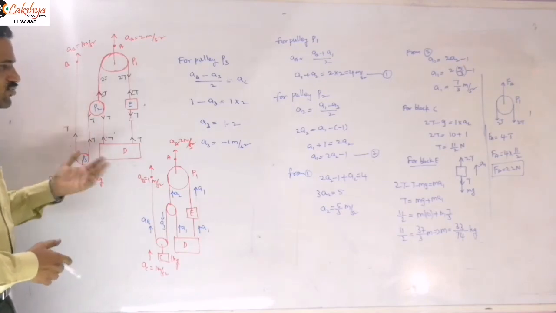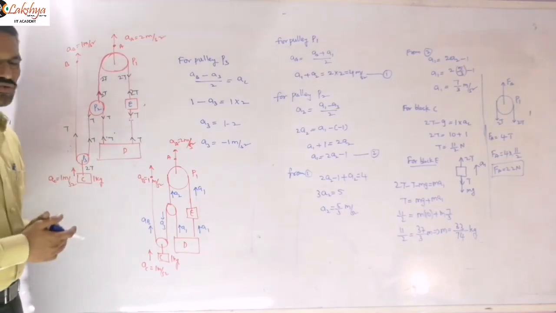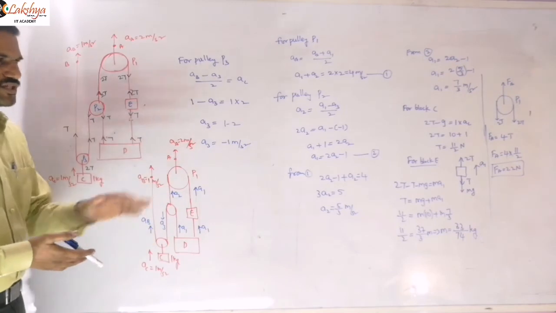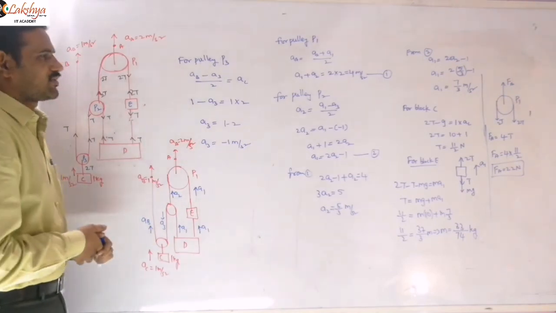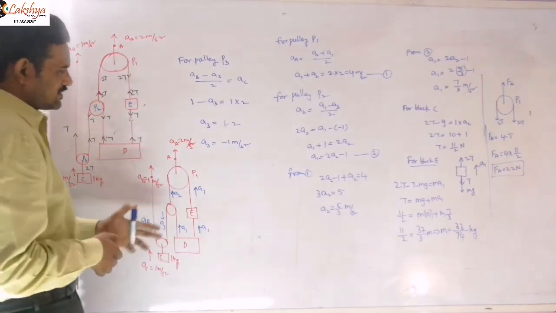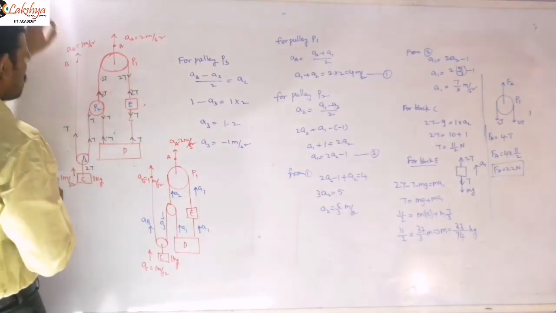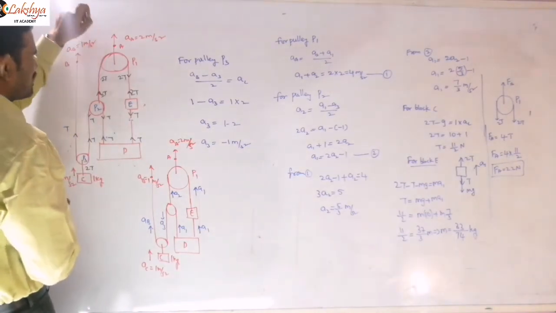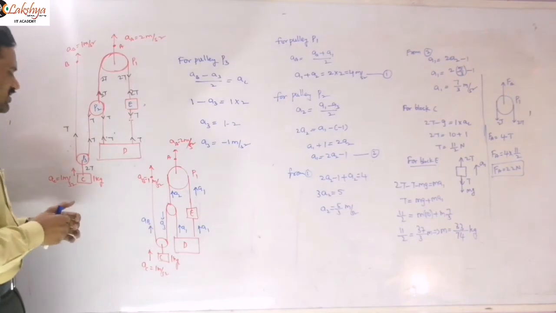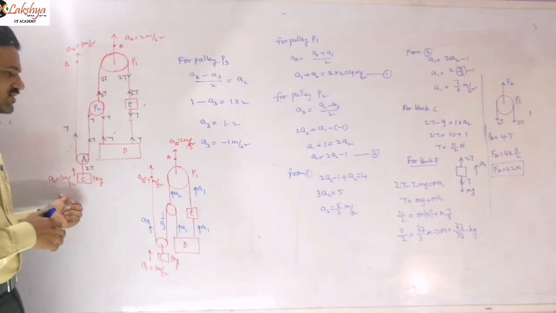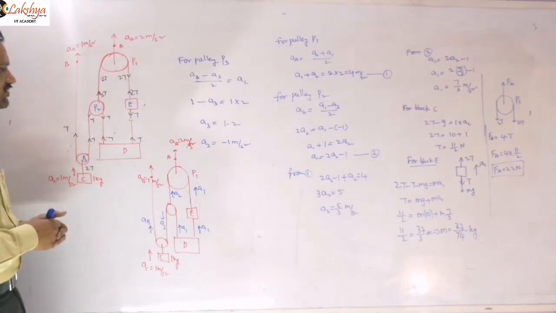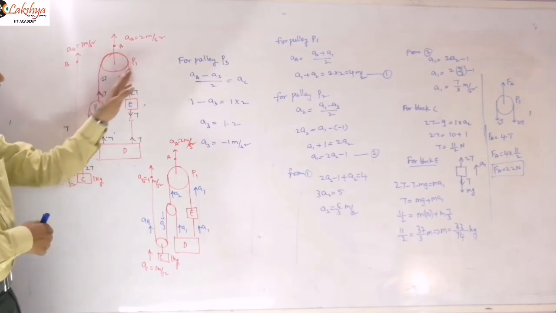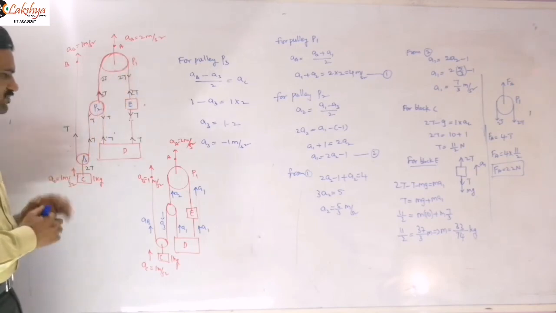So in that, I am assuming, that means actually here you can solve it by two ways. One way I am first explaining here, after that I will explain the second method also. So this is the given situation here. This is pulled up with an acceleration 1 meter per second square, and this is with 2 meter per second square, and the acceleration of C is given here 1 meter per second square. I am naming this P1, this P2, and this P3.